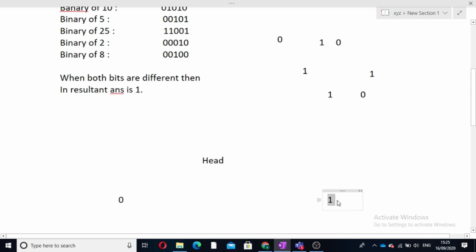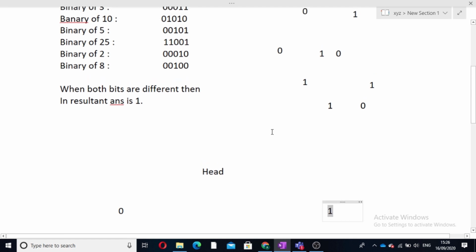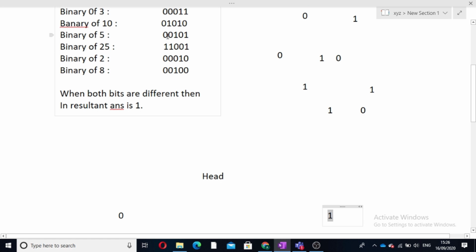Now after this bit has been taken into account, we will move from head to this node, and a new head will become this. For taking XOR we have considered the first bit only. So we have to keep in mind that the first bit of the number should correspond to the first level bit of the trie. Now our new head is this.